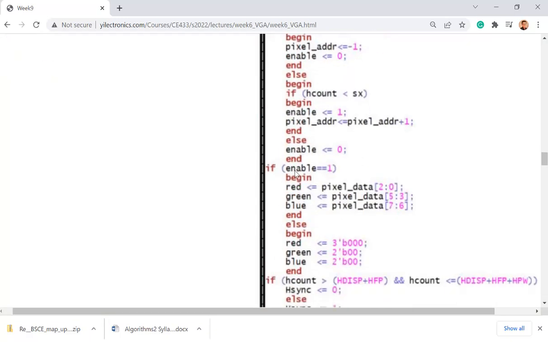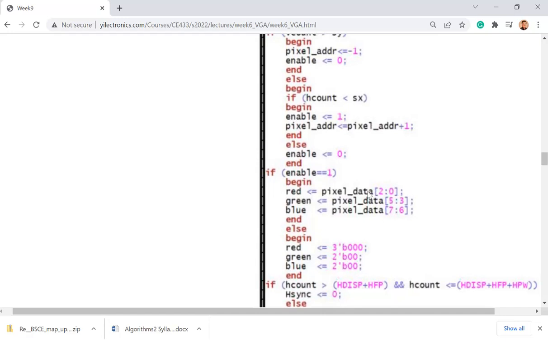And then you can check enable afterwards, right? So if enable is 1, which means it's within the SX, SY area, then because the pixel data has been received by these data bus, send pixel data from bit 0 to bit 2, there is a 3-bit data to